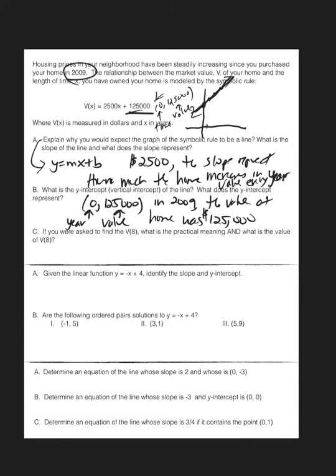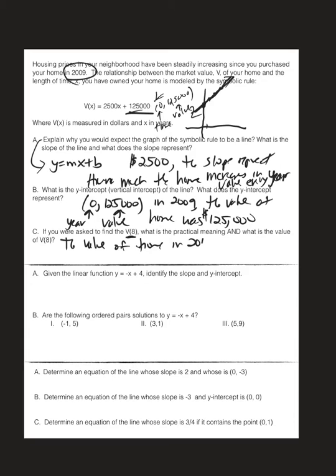If you were asked to find the v of 8, what is the practical meaning and what is the value of v of 8? It almost is kind of self-explanatory. V stands for value. 8 is representing the input variable, and the input variable is time. So 8 must represent 8 years after you've purchased the home. If you purchased the home in 2009, 8 years after 2009 is 2017. So this question is asking you to find the value of the home